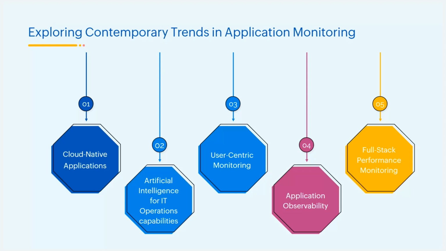The goal of full stack performance monitoring is to identify and address the performance issues across the entire application stack, from the front end user interface to the back end server infrastructure. By monitoring various layers of the stack, including the application code, server response times, and database queries, this is achieved by collecting real time data on various performance metrics like response time and error rates. So by adopting these latest trends which we have discussed,